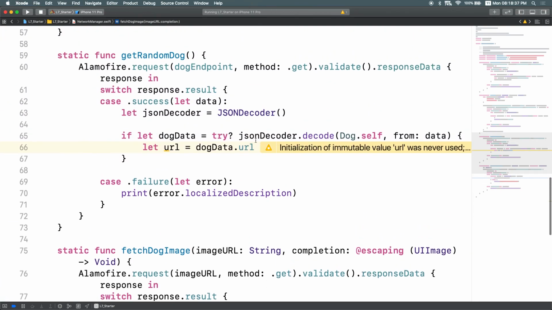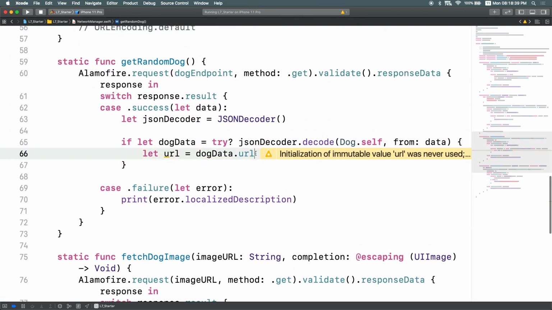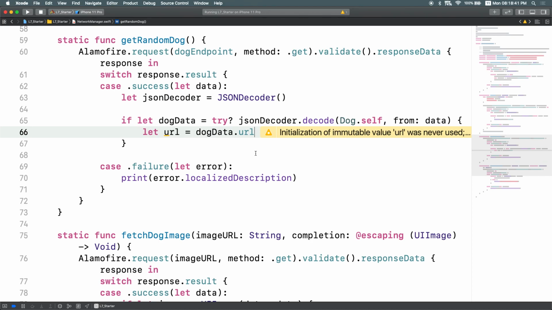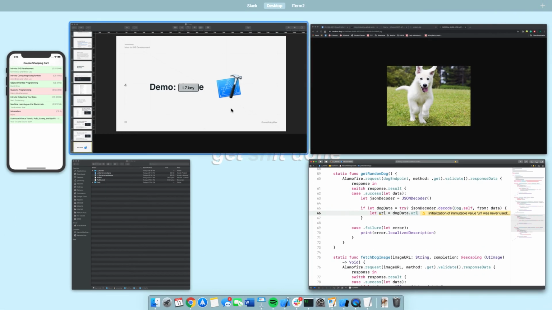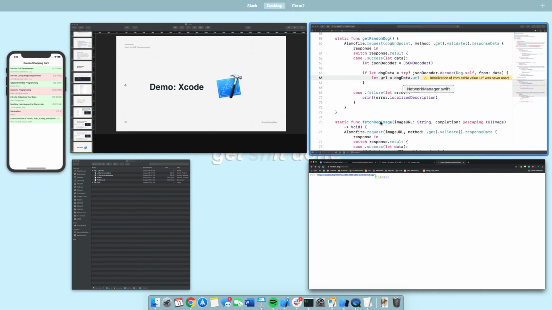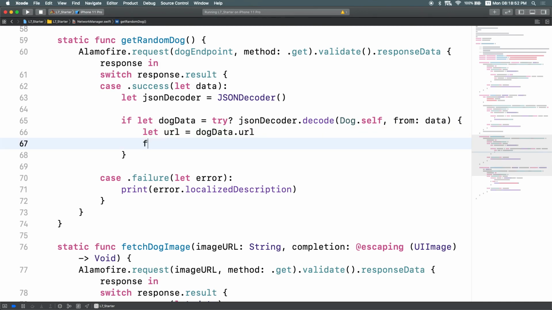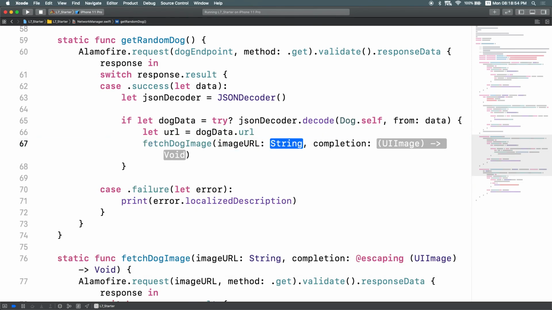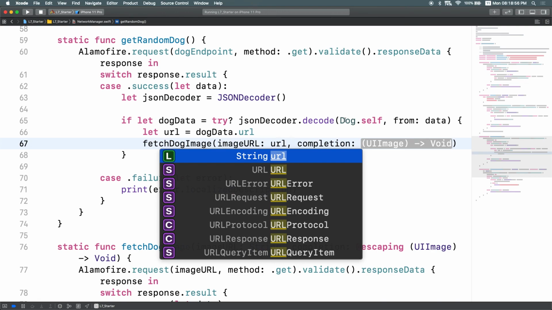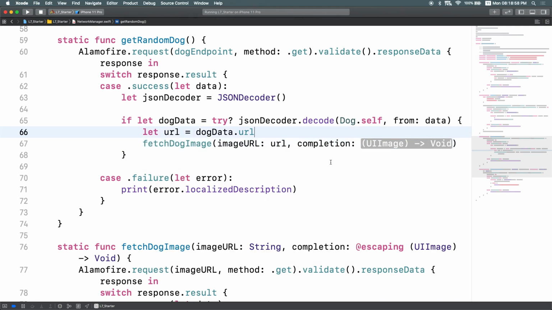Cool. So now if we come back up to get random dog, what I've done up to this point is get the URL for the image. I've just gotten this string out of the JSON. What I want to do is call fetch dog image. I want to get the image at the URL that I decoded out. And then fetch dog image is expecting a completion, basically the function we want to run when it's